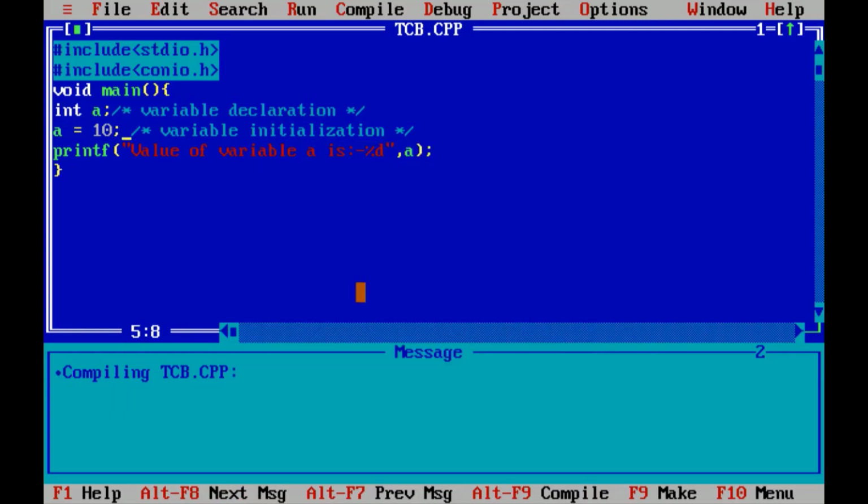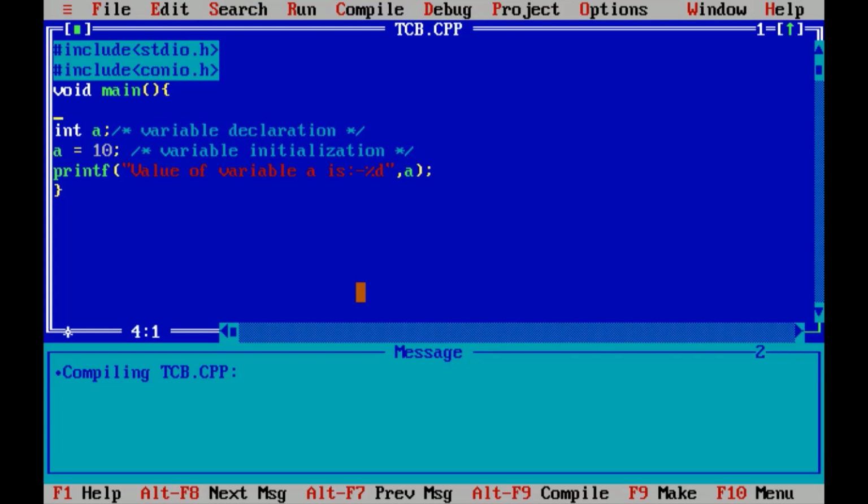Now function Control F9 to get the output, but to erase previous program output I will have to make use of clrscr function before executing the code.